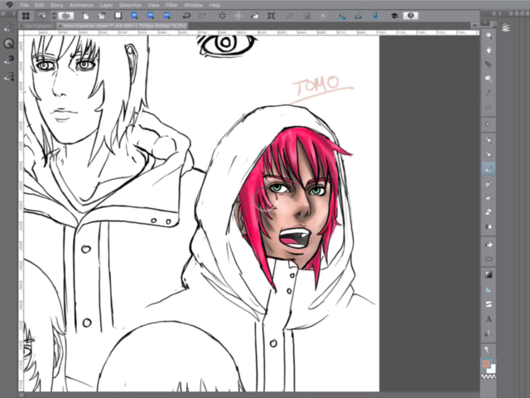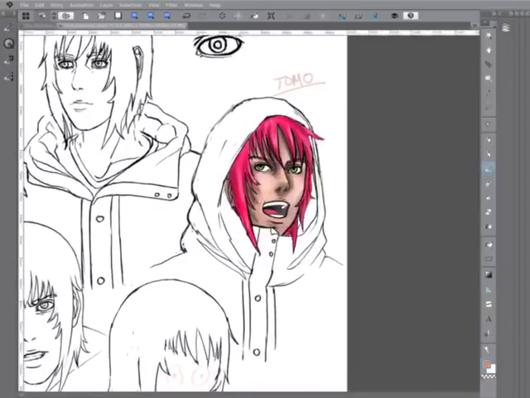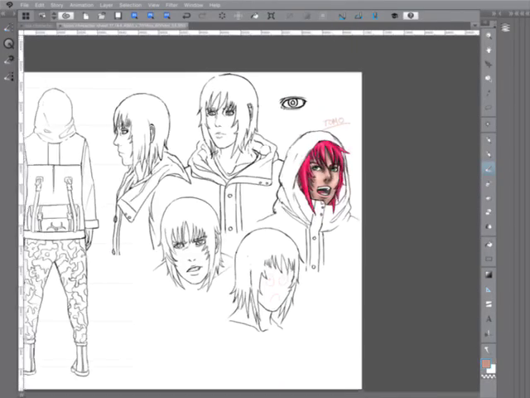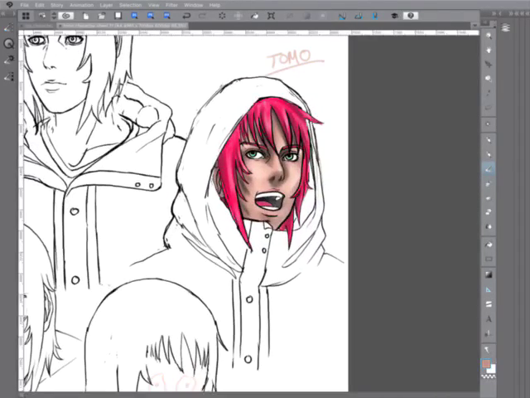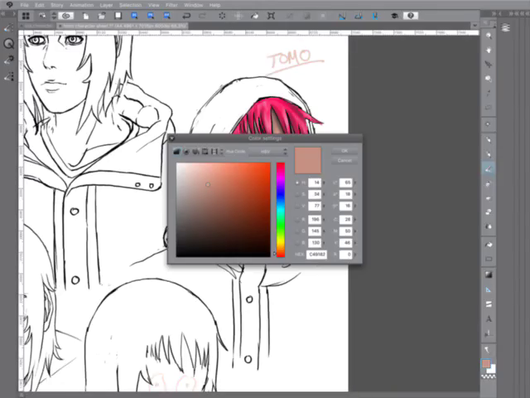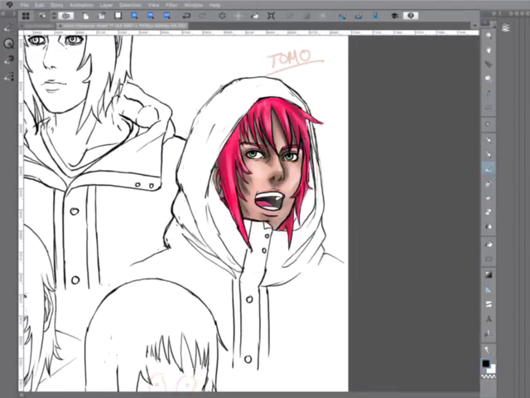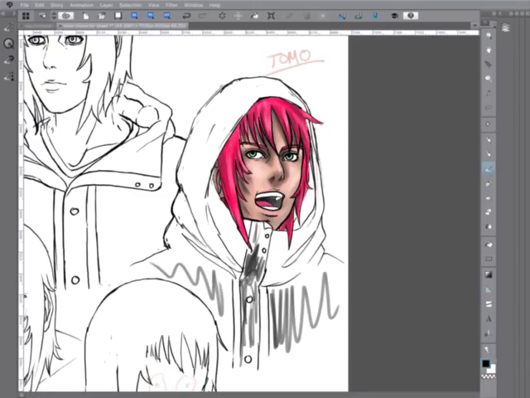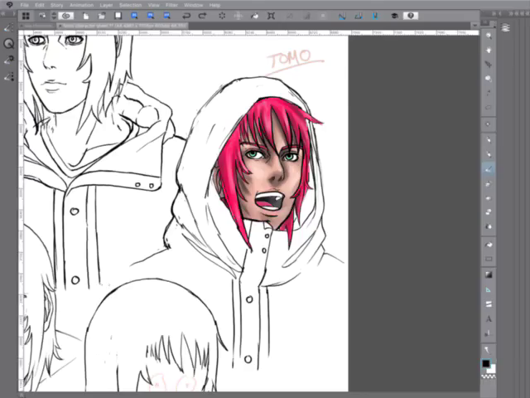Any suggestions on what the coat color should be? I know one thing only, is that this spot right here is gonna be black. This stripe down here. And these little sections right here. But the rest of the coat, I don't know. I haven't nailed that down yet.